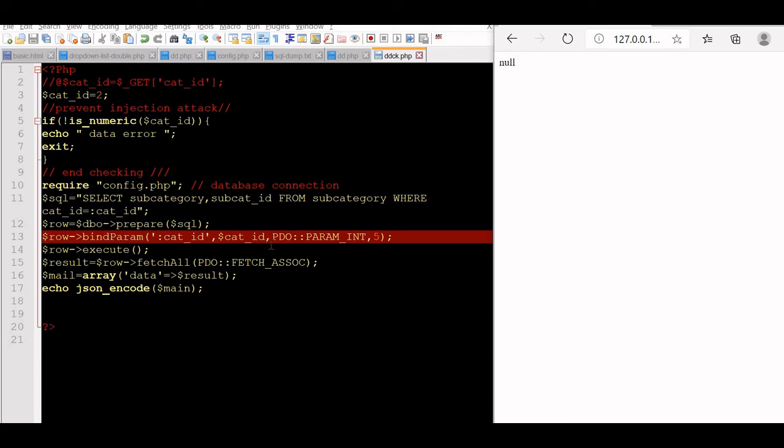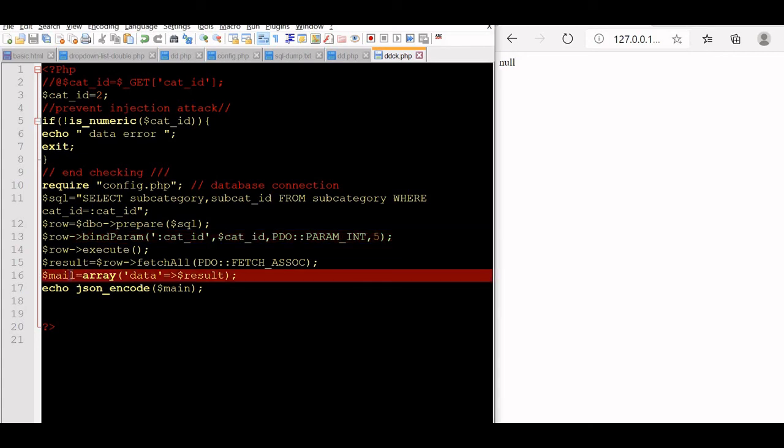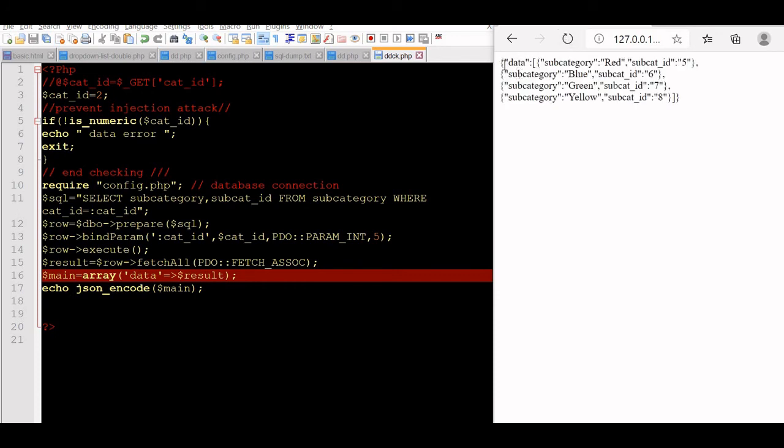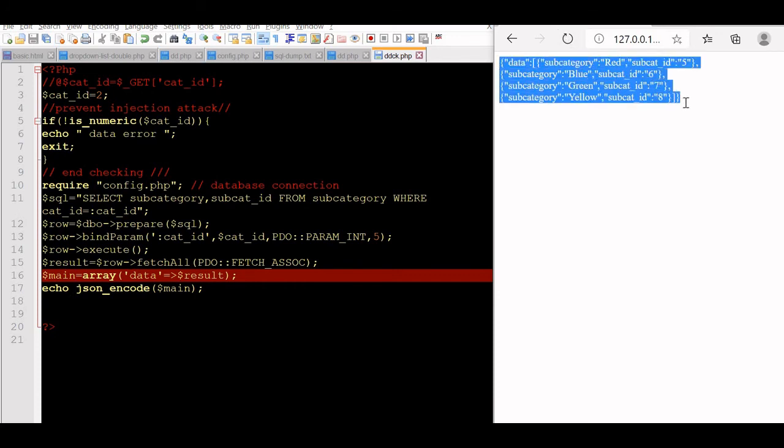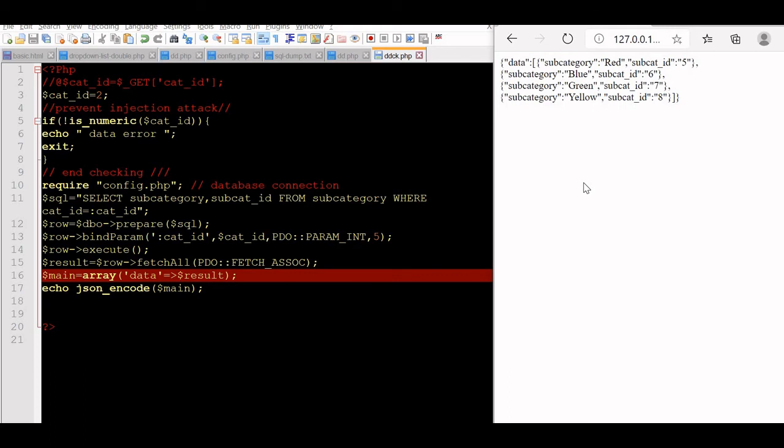We are taking the cat id value, result fetch all, fetch associate. Oh sorry, here it is main is equal to array data result. Let's see, yeah, we got the string output. This JSON string is printed now.